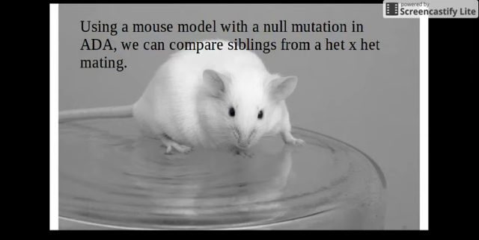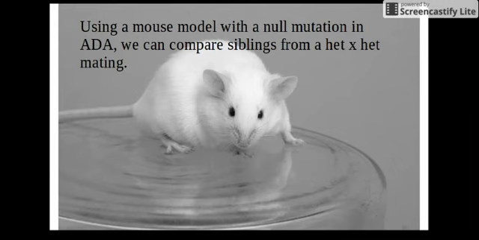To test the function of adenosine deaminase, I propose generation of a mutant mouse with null ADA mutations in both copies, via mating of heterozygous mice with one copy of a null mutation in ADA. However, it is likely that such a mouse would die before birth, so I propose the partial rescue of ADA gene function via a transgene that would produce ADA in the placenta, thus allowing the mutant mice to survive the